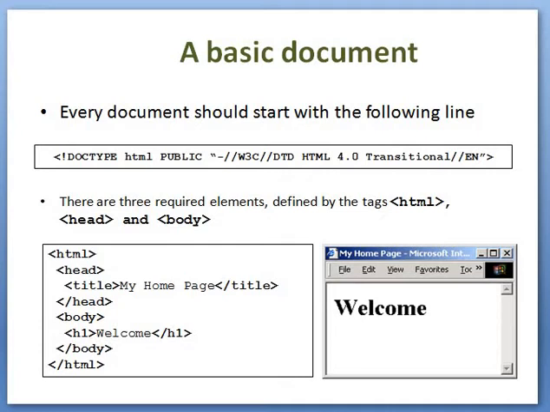Here the title is mentioned as my home page. You can see the code. What we need is placed in between the start tag and end tag of title. Then the head tag is closed.